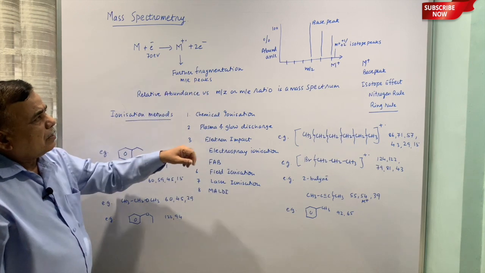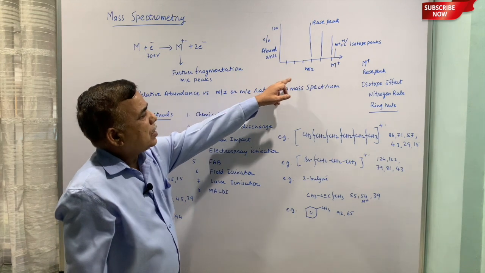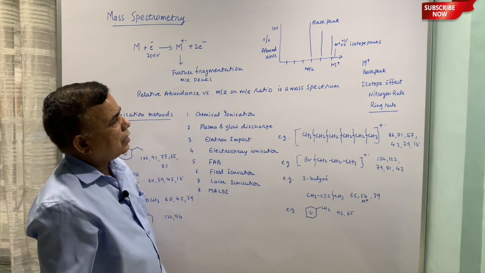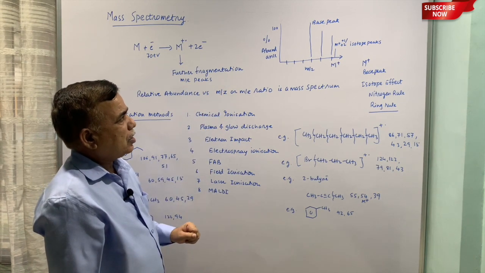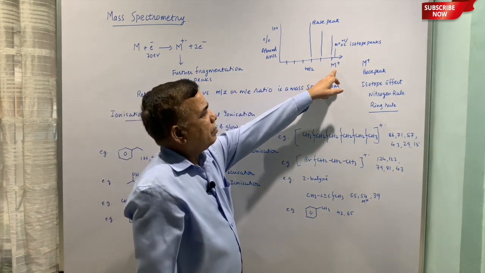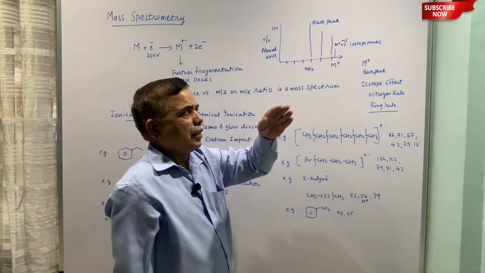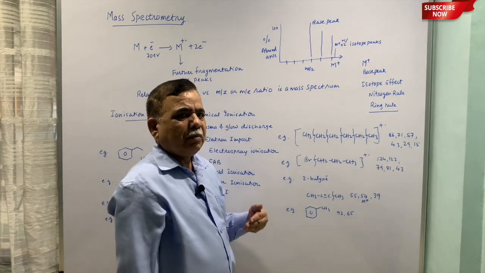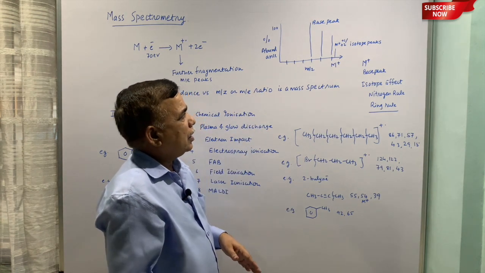You will get a plot of percentage abundance versus mass to charge ratio, and you can derive a lot of information from this kind of plot, which is known as mass spectrum. The rightmost peak is M plus, and if isotopes are there like C12, C13, C13 will be M plus 1. In case of halogens, it will be M plus 2 and so on, and moreover you can determine the relative abundances